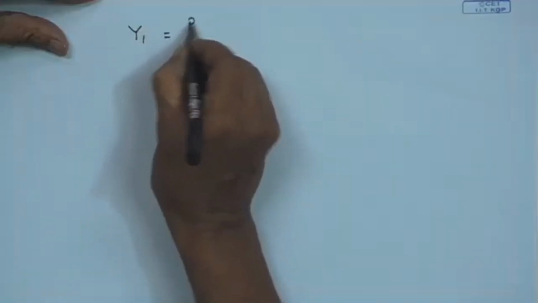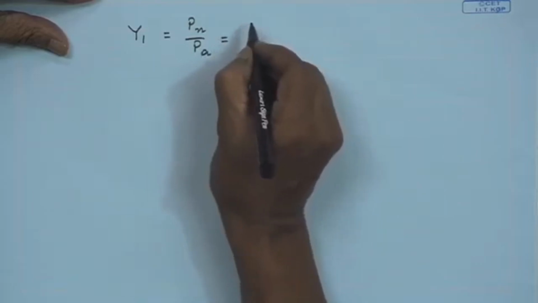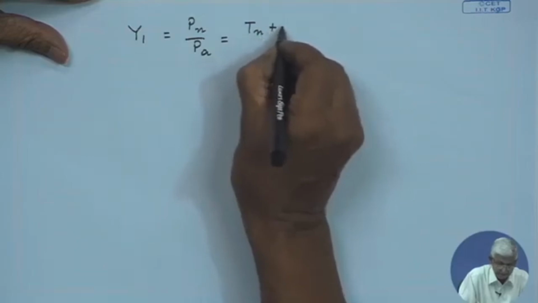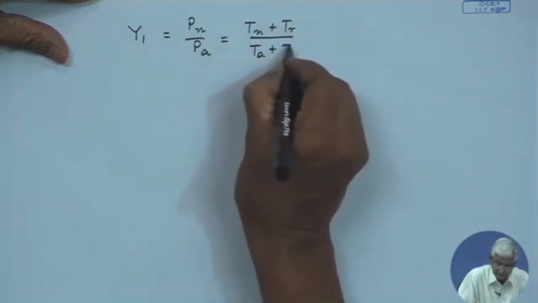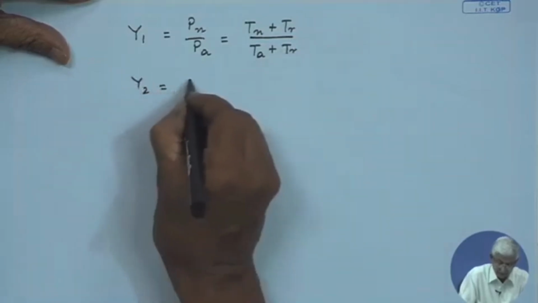Y 1 is P n by P A, where K and B get cancelled. So, we have T n plus T R by T A plus T R,